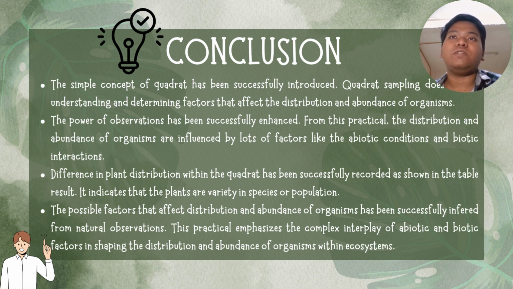Difference in plant distribution within the quadrat has been successfully recorded as shown in the table results. It indicates that the plants vary in species and populations. The possible factors that affect distribution and abundance of organisms have been successfully inferred from natural observation. This practical emphasizes the complex interplay of abiotic and biotic factors in shaping the distribution and abundance of organisms within